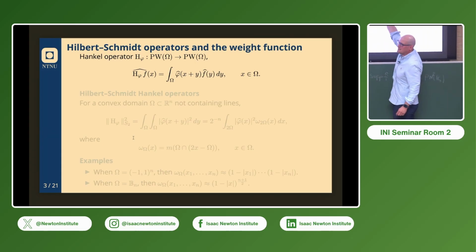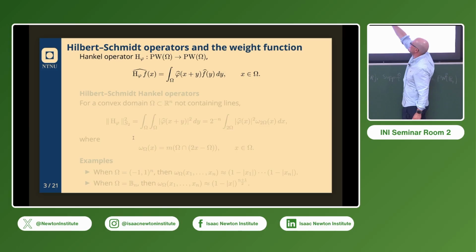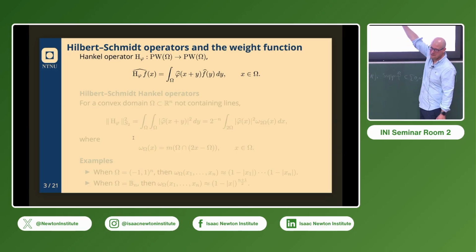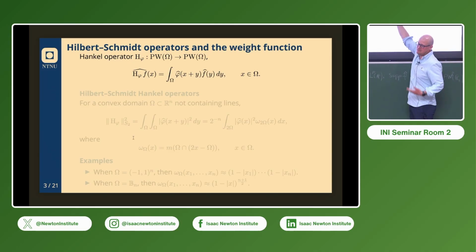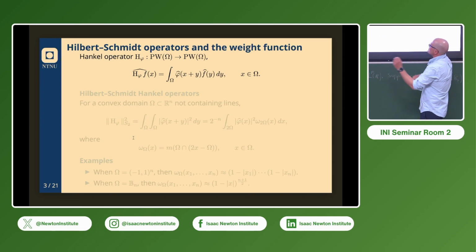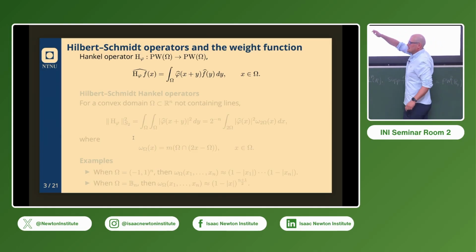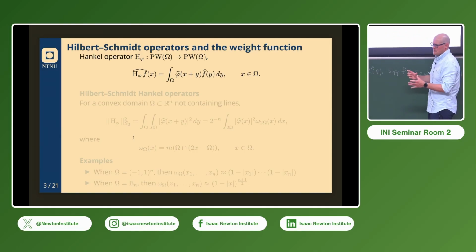at this kind of convolution operator. This is a Hankel operator, but if your domain omega was symmetric around 0, then of course it doesn't really matter whether you have plus or minus in the kernel here. Instead you would look at phi hat of x minus y. It would be unitarily equivalent if you had a symmetric domain. You can think of this as a sort of compressed convolution operator. Really, you have to put some shift in there as well to get a Hankel operator.